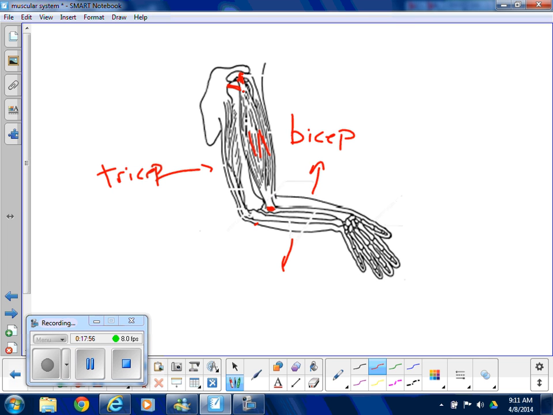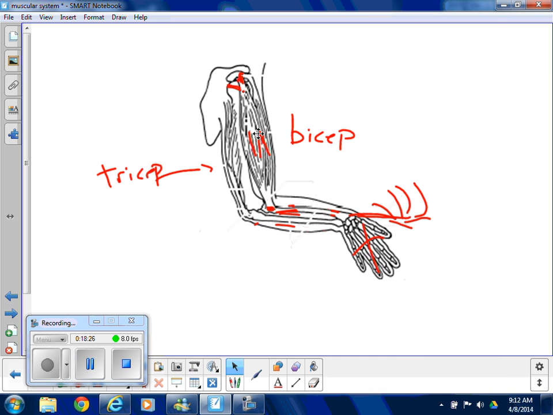Okay, hey guys, here's one other example. This one's a little better at showing how you need the pairs. So in your forearm, on the top of your arm, let's do it this way. Turn your hand up like this, right? So your fingers are up like this, okay? And so these ones on your forearm are called your flexors. And these ones on the back side of your arm are your extensors.